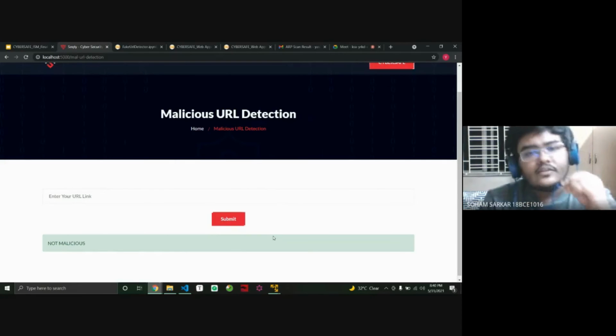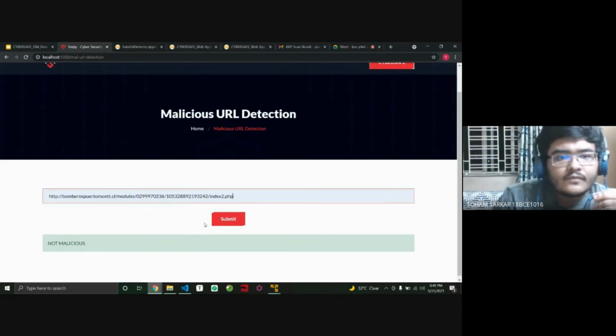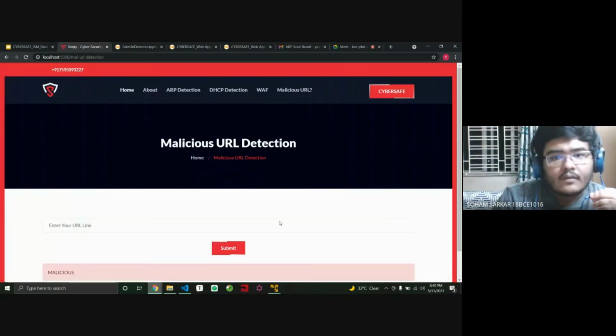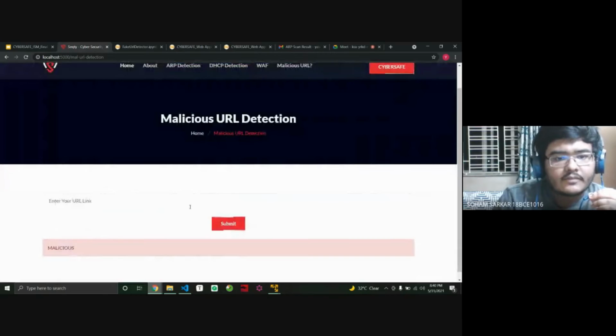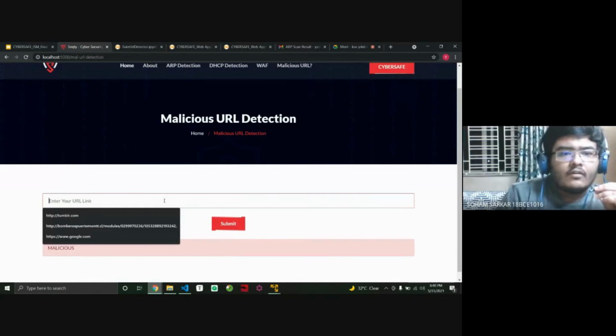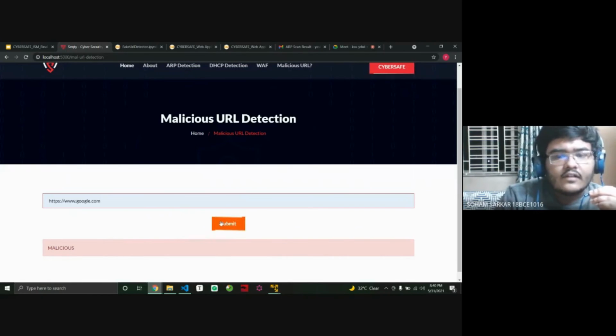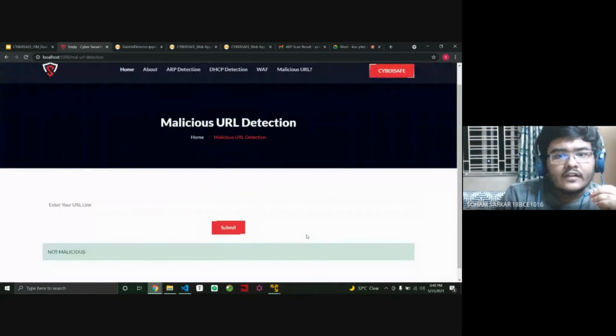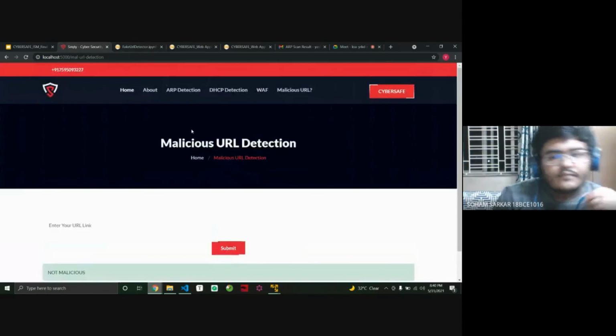Let's use PHP injection here. Yes, the PHP injection attack should come as malicious, and lastly we can try another normal site like Google. This should come as non-malicious. Since we are utilizing only string comparisons, that's why we have implemented LSTM. Next slide.